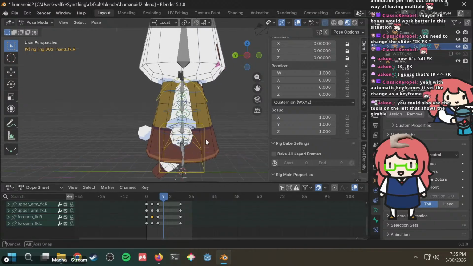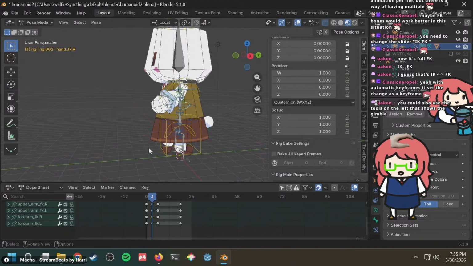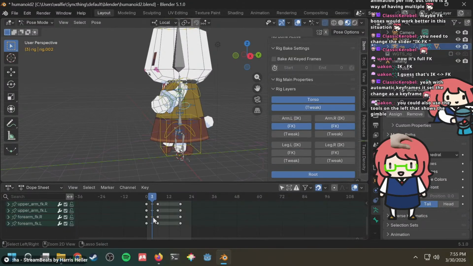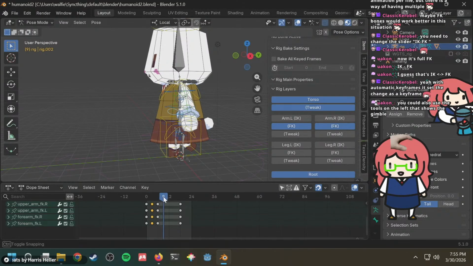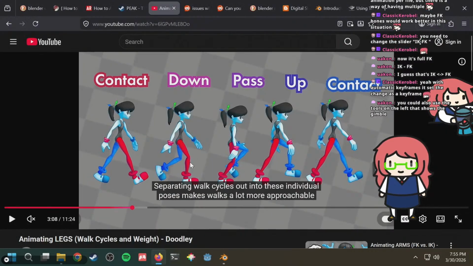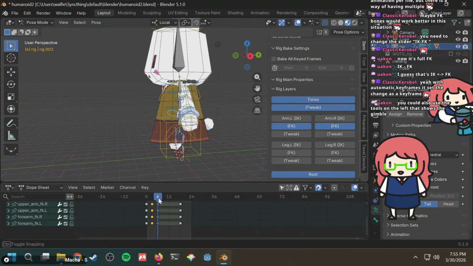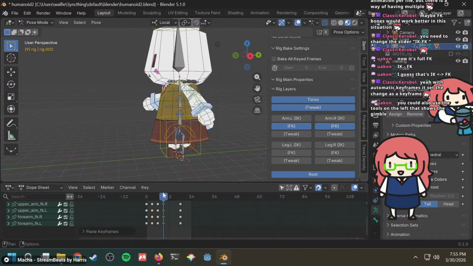Although I guess I could just copy from the other arm, right? If I copy this one, and I just paste these, copy these, paste them. Okay, this goes forward, and then goes back. Forward, back. Does that work? If I copy these, paste them, I guess that works.